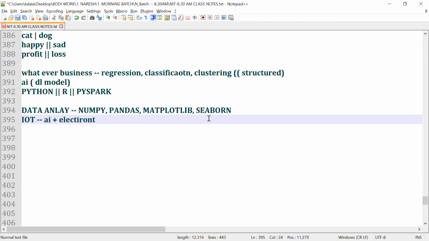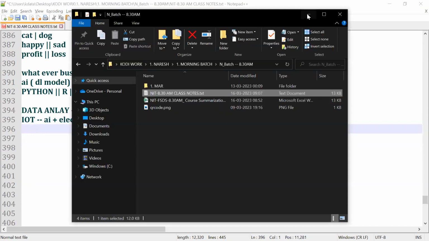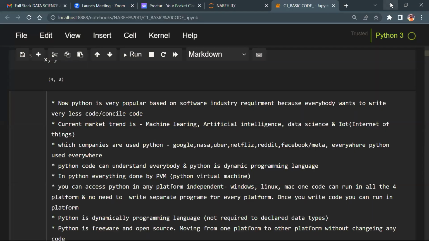I mean, your models are embedded in your device chips. That's called IoT. Understand or not, guys? Anybody can learn this, from an electrical or civil background. Technologies keep updating, but we need to update our brain as well, isn't it, guys?